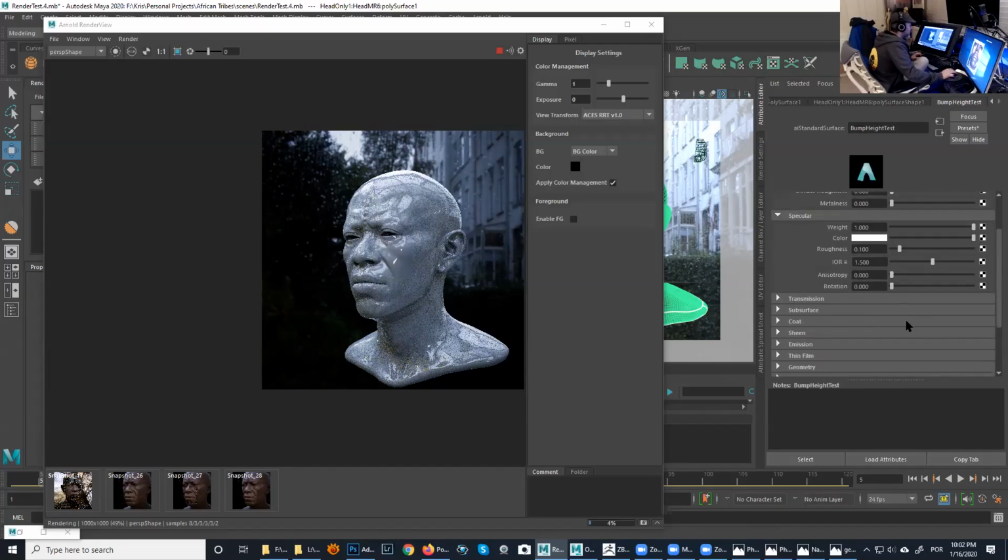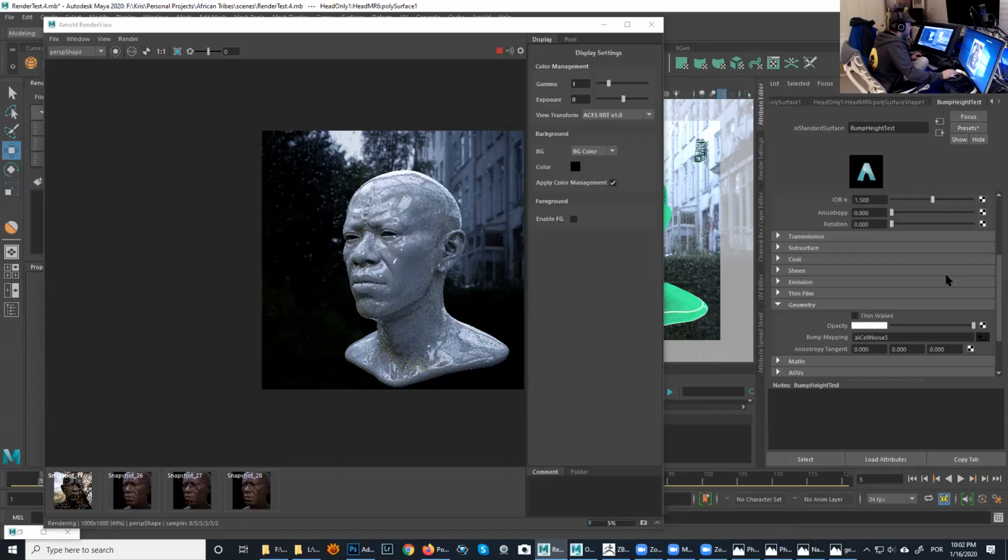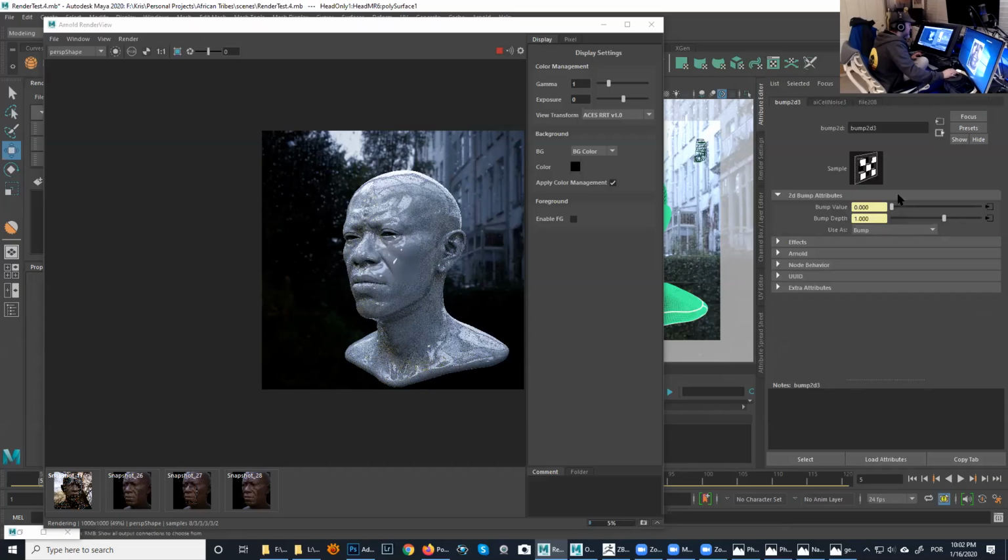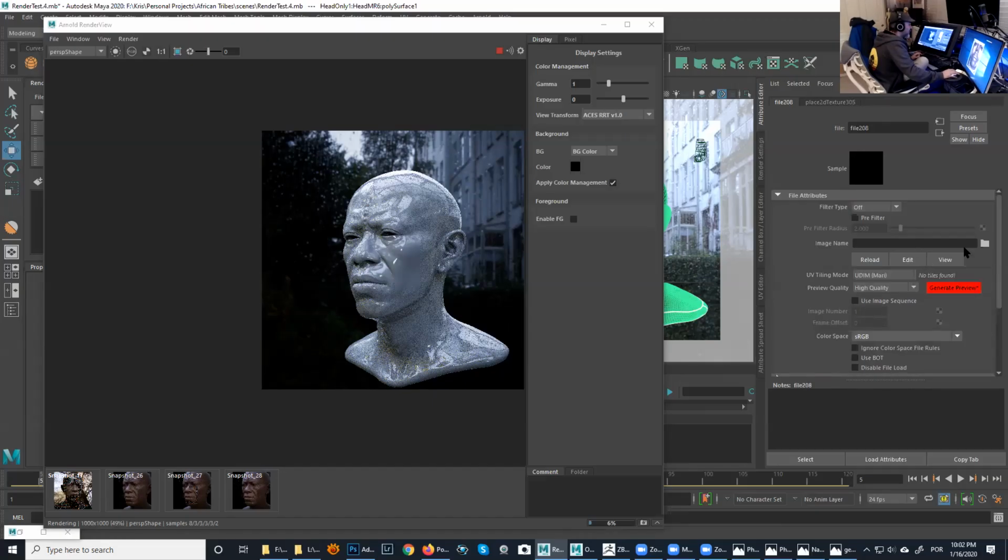Specular geometry. Get geometry, cell noise is assigned there. Let's go back one level. So I have the bump depth in there assigned. And at this point here, I didn't plug the map just yet. So let's plug them,